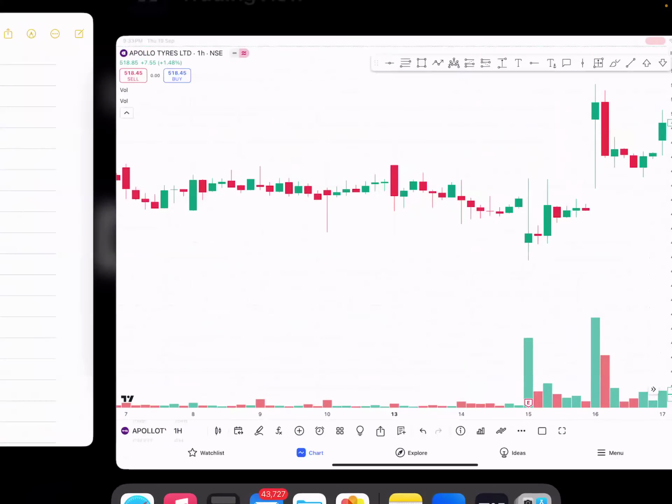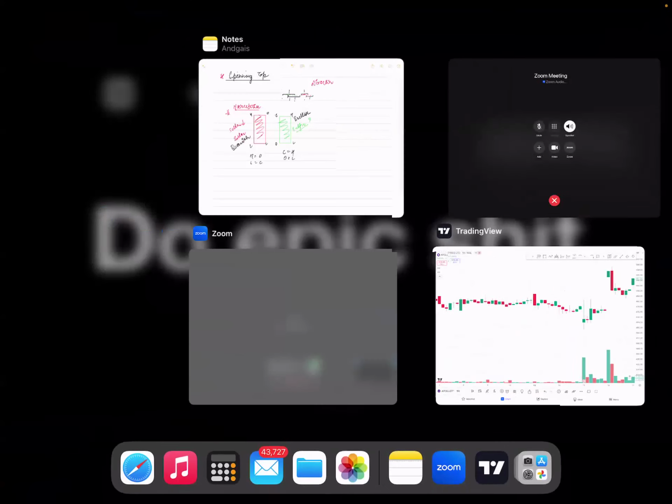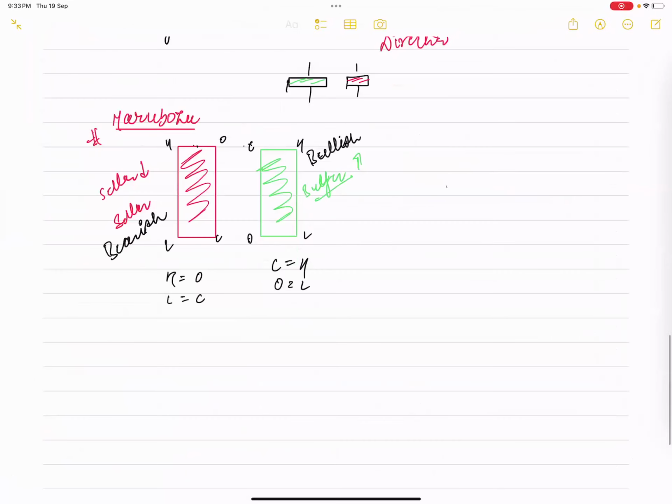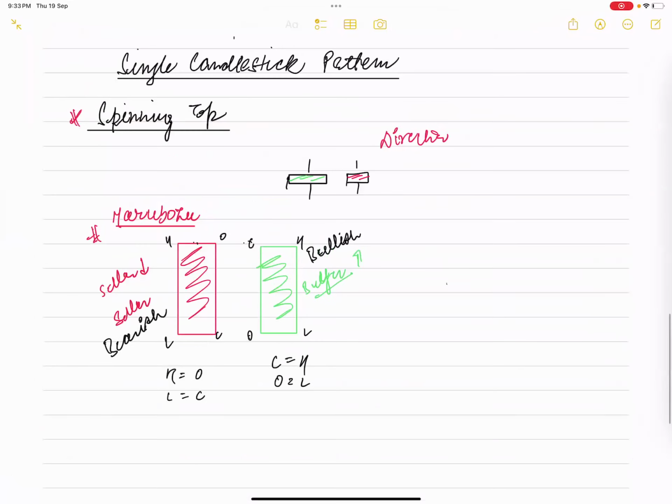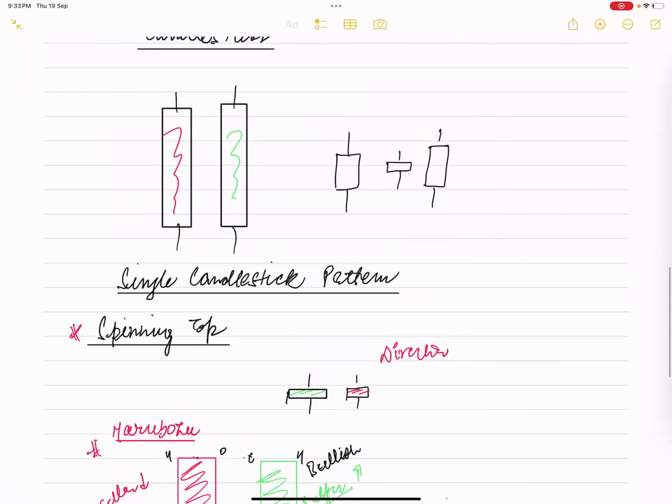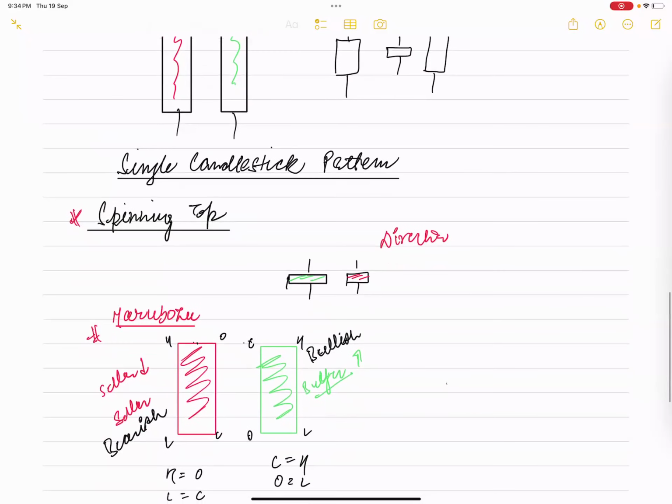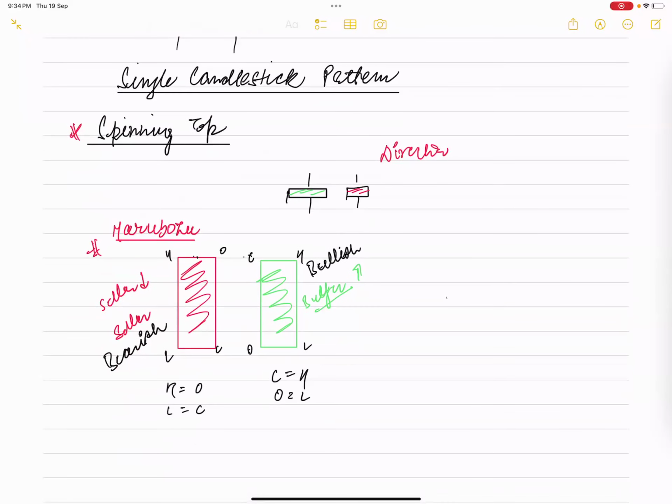It is similar to the long candle, right? Yes, you can say that, but these are different single candlestick patterns that are formed. There can be different patterns. It can be a spinning top, wherein the body of the candle is really small, so we are not able to judge the direction, whether the market will go upward or downward. And Marabuzu is something which gives us the direction, whether the market will be going upward or downward.